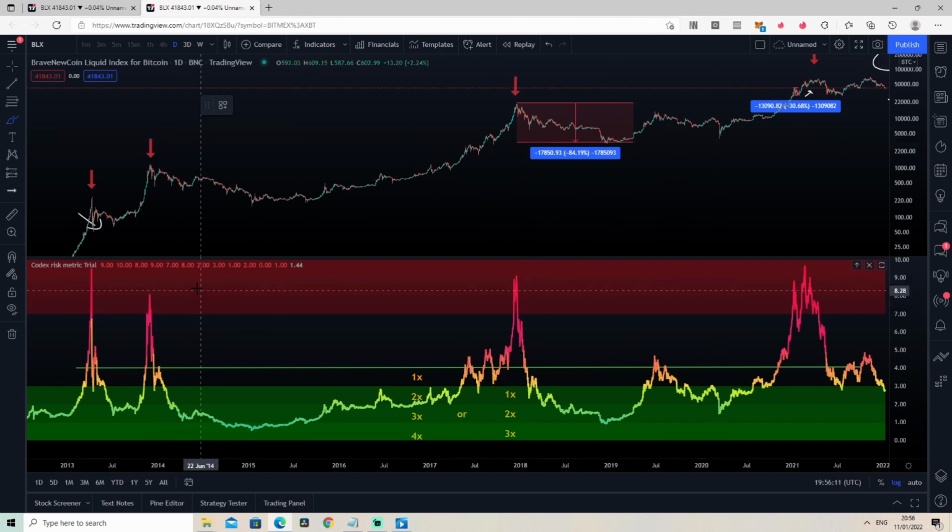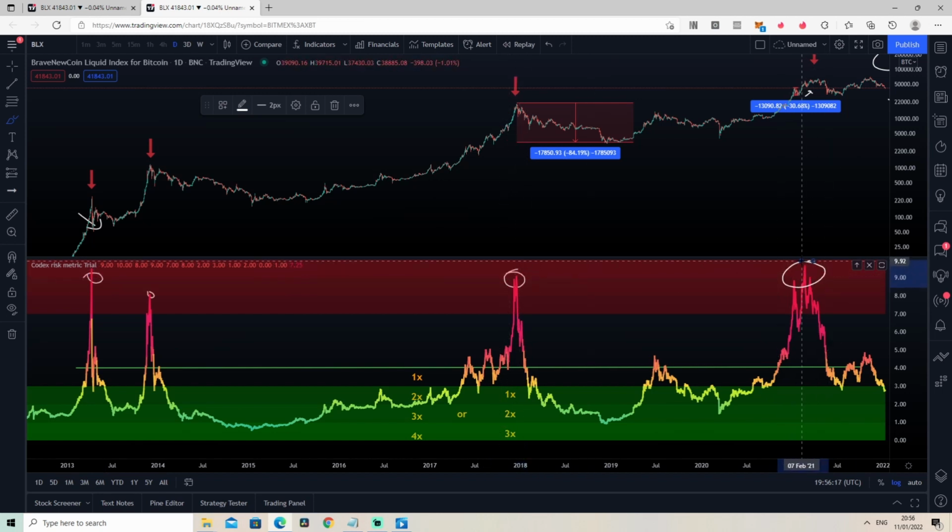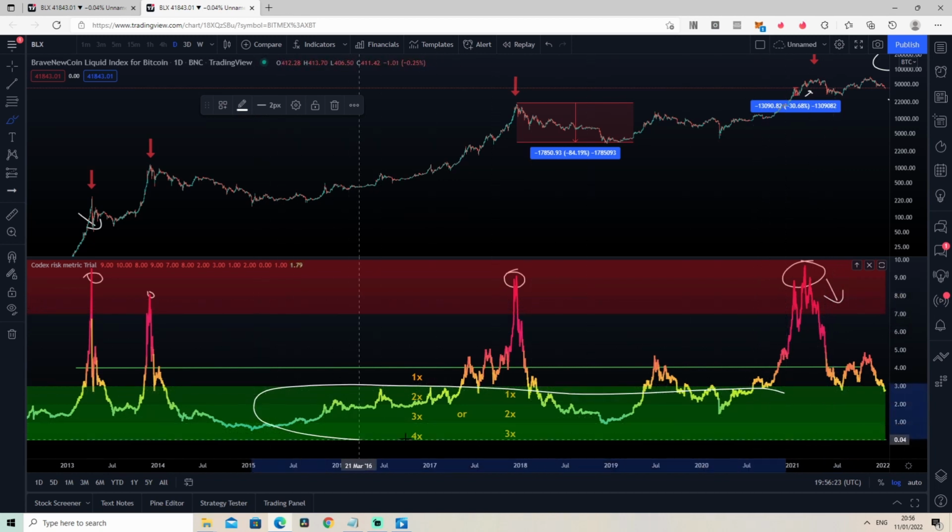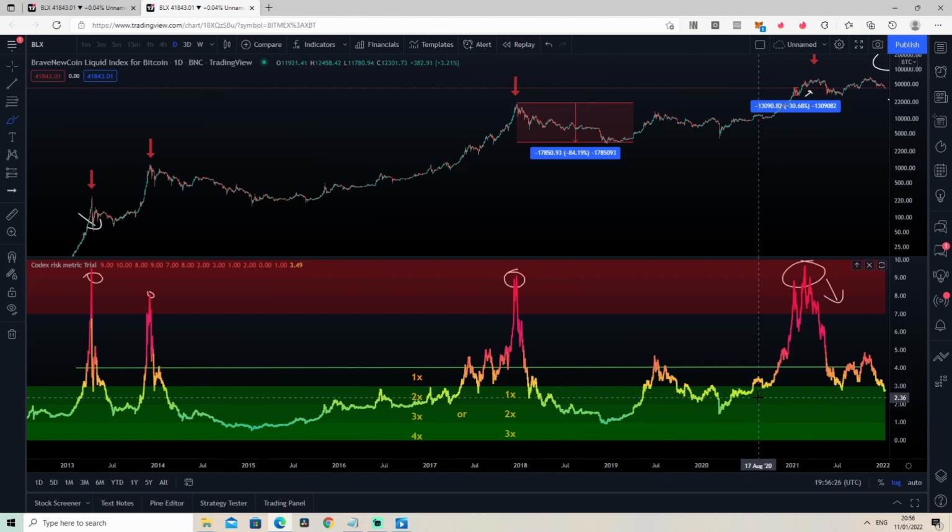And look, each time we go into these regions, it doesn't take us a long time before seeing a blow off top and having a massive crash. And this is where you should be buying. You should always buy when the risk of the asset is in the green zone, in this case below 3. Now, I always say you should start buying when the risk is below 4 and start selling when the risk is above 6 and gradually do it, but to each his own preference and to each his own